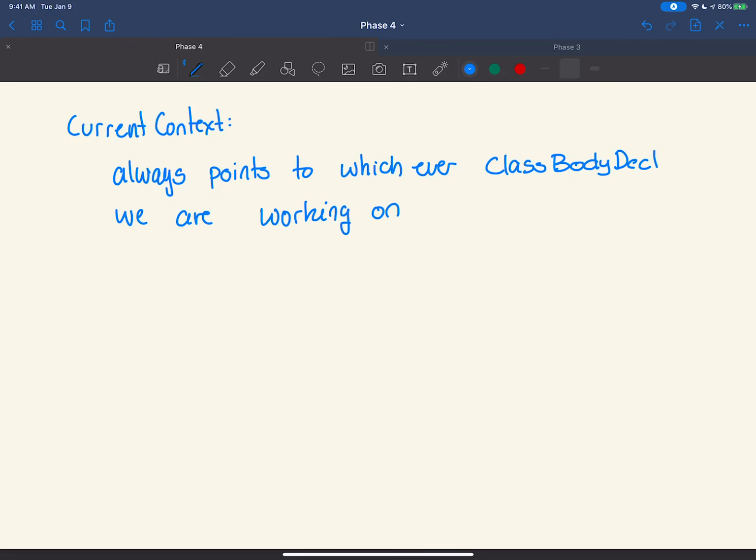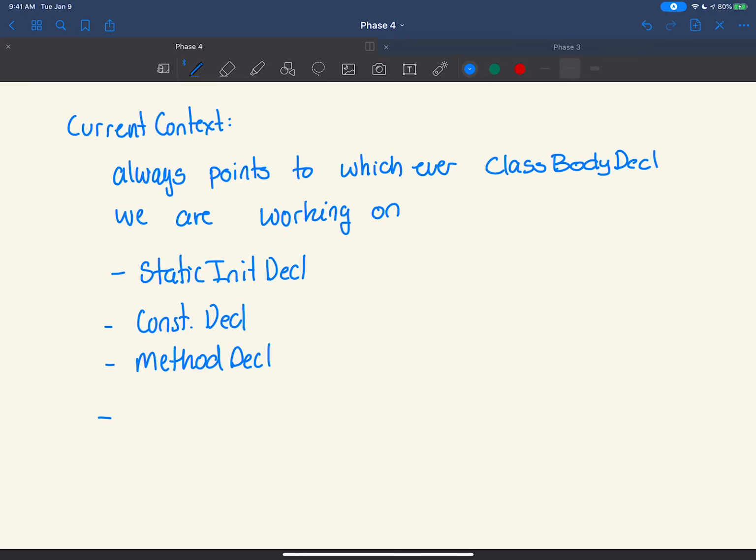So whenever we enter, and of course they are static, init decl, constructor decl, method decl, and to a lesser extent field decl. The one where it's important is this one here, because for a return